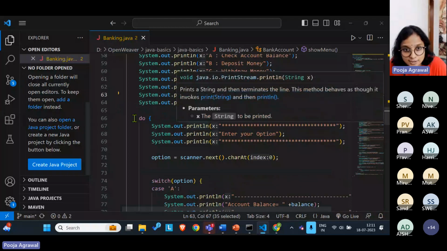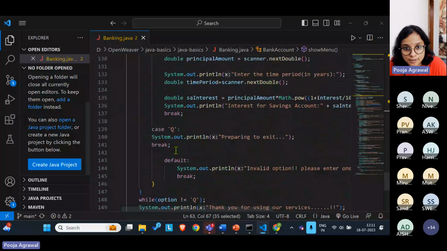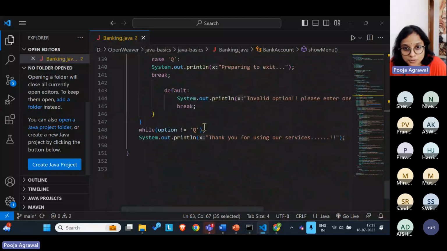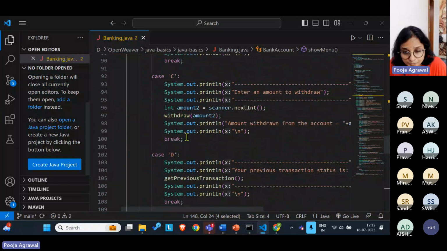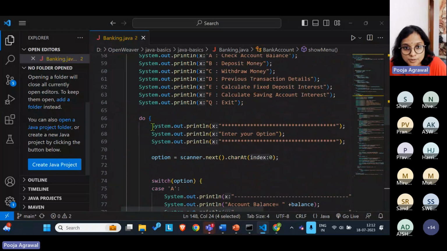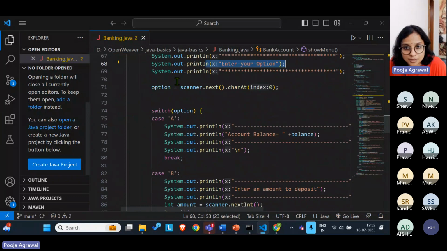So this is the do while loop. If you see, this is the do while loop until your option is equal to Q. This won't exit until you press Q. So we will go from the do loop. Here it is mentioning whatever options you would like to enter. After you have entered the option and that has been collected here, then this